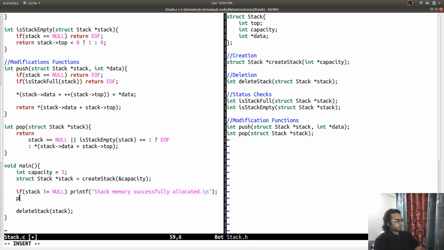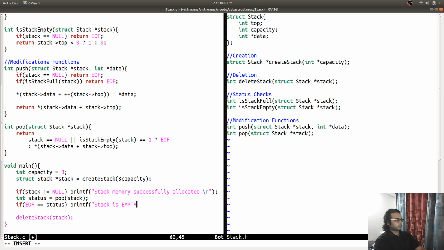Let us try to put values in this stack. Pop stack. What happens? Status, going to check. printf, I'm going to print that stack is empty.